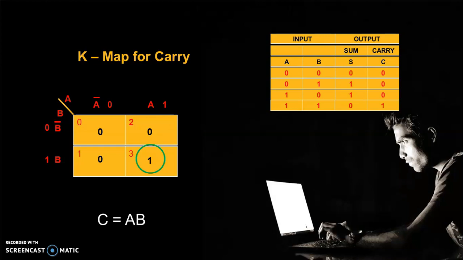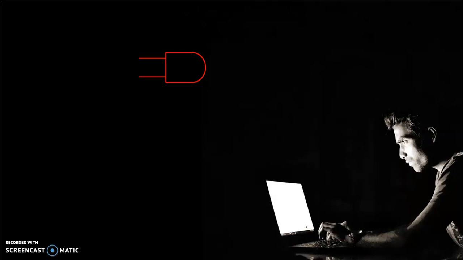So we have similar Boolean functions from the K map also. Now we can realize the circuit with the basic gates. We have an AND gate, and we have another AND gate, because we have two product terms for the sum, so we use two AND gates. For the first AND gate and the second AND gate, we have A bar B plus A B bar.